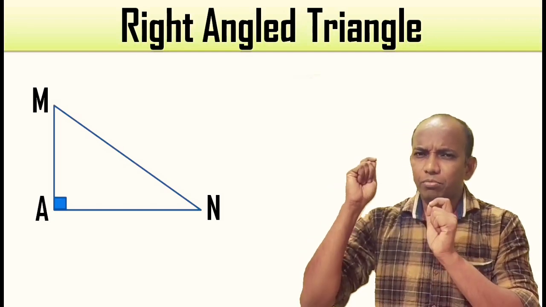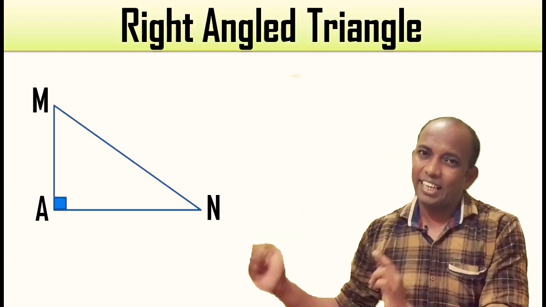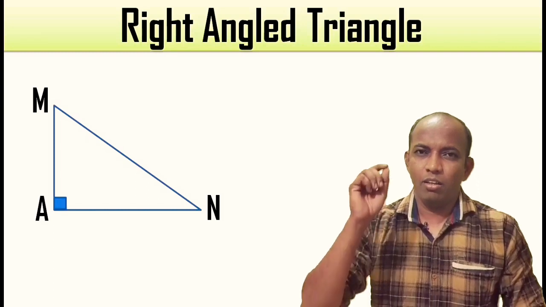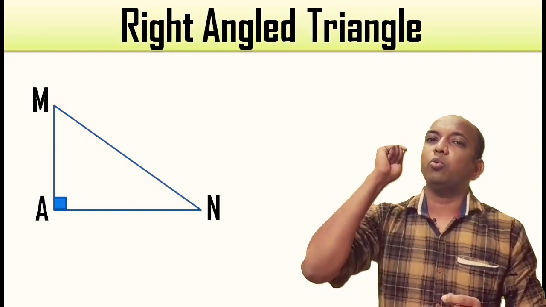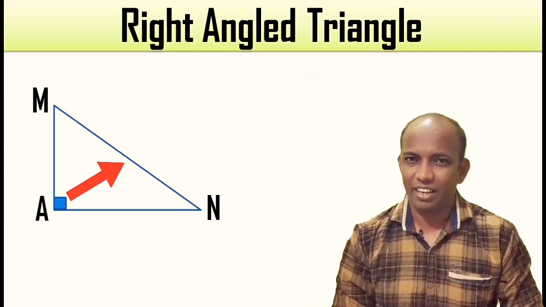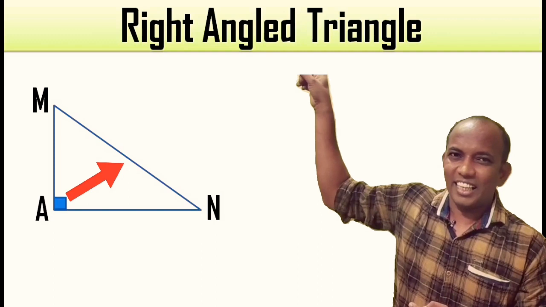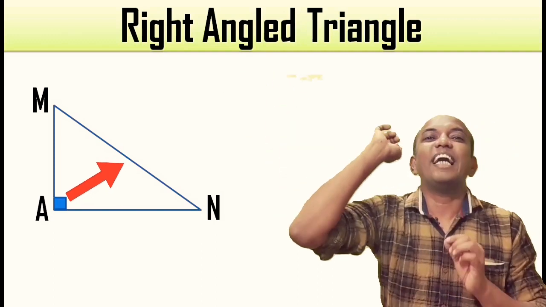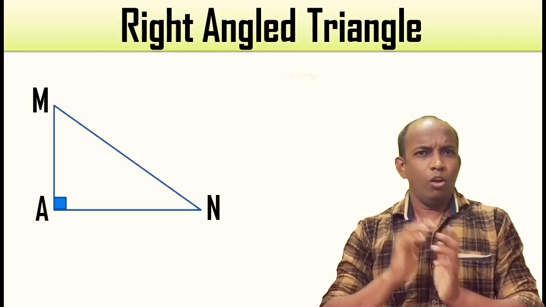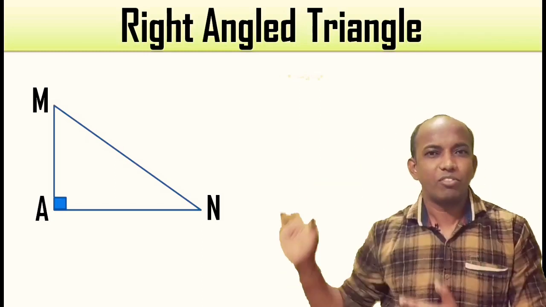Very first, the moment you know that angle A is 90 degree, then my target is to find the hypotenuse in that triangle. The side opposite to 90 degree is always called hypotenuse in a right angle triangle. Presently over here angle A is there, so opposite to it is, yes, side MN, and that makes it hypotenuse. One more thing, hypotenuse is always the longest side of that triangle.